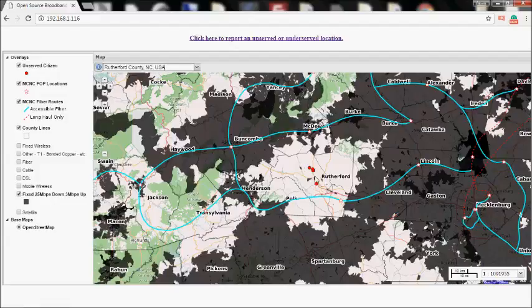We can zoom out and take a look at a more regional view of the area, and we see we've got these red dots, which are these unserved locations. And if we want to report a new location as unserved, we can just click on our form here,